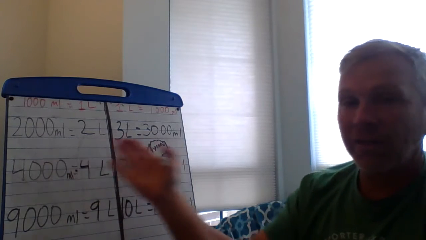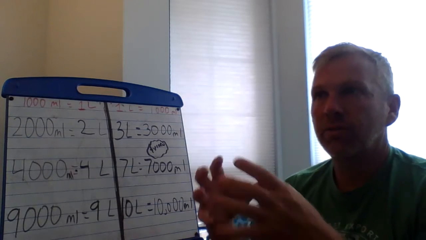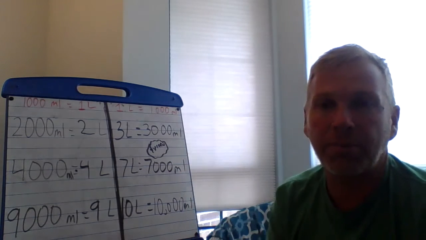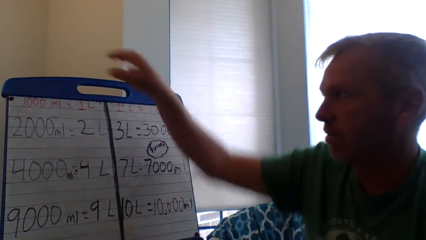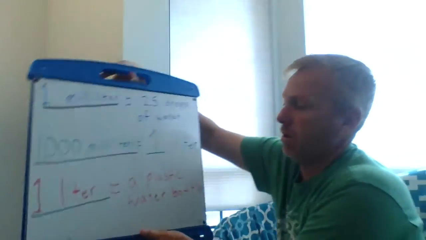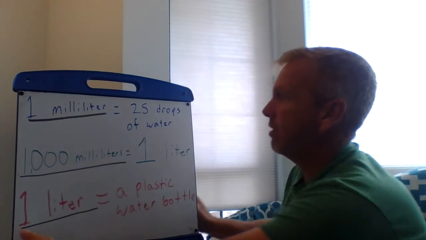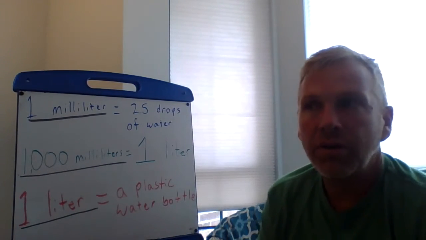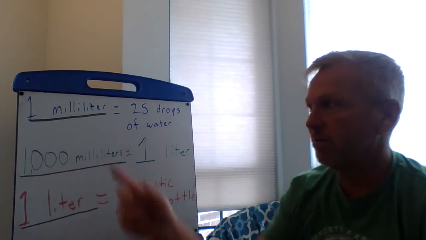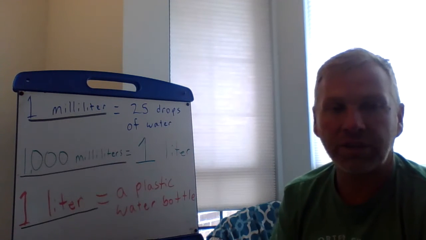Some of the things that we got to think about though is not only the math portion of it, but I know, because I look at the iReady lessons before, it's going to ask you questions, and I just want you to start making those visual references in your brain. Liters, big water bottle. Milliliter, talking about small amounts, the little medicine cup possibly, or I said that on the front side, look at that, 25 little drops of water. So just start getting that in your mind that the milliliter are small and liters are big, and that'll help